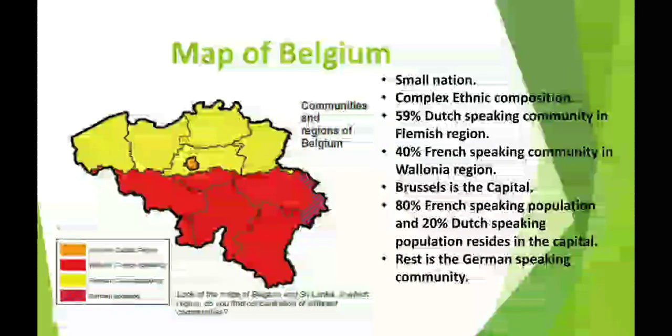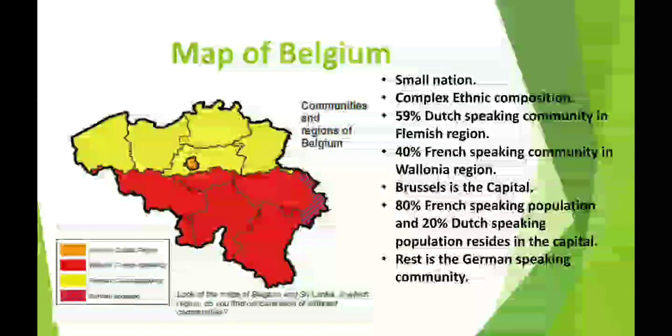And this difference in the distribution of the community led to a conflict between them during the 1950s and the 1960s. The conflict was most clearly seen in the capital, as we know, because there was a highly unequal distribution with 80% of the French speaking community there and 20% of the Dutch speaking community,